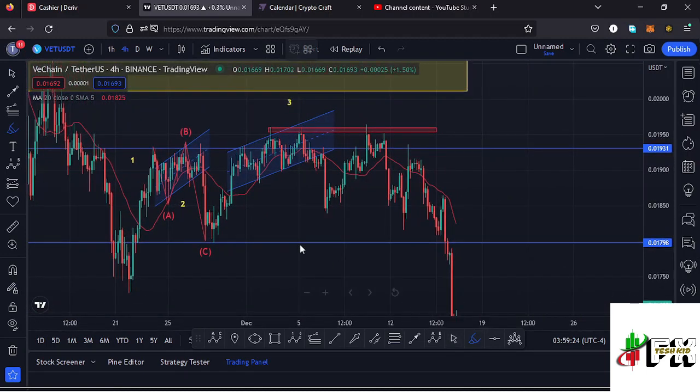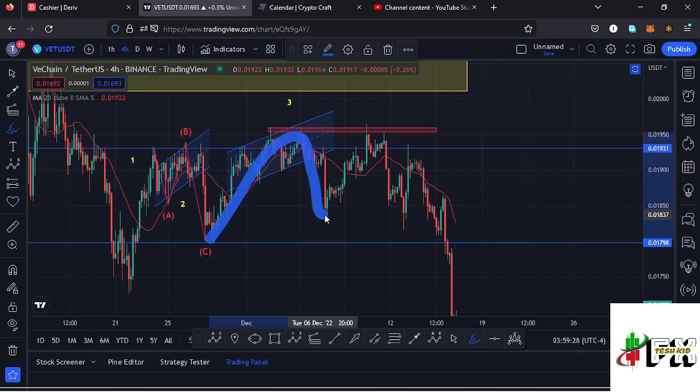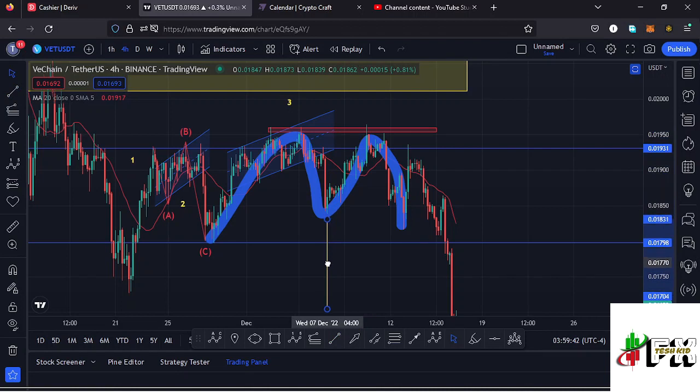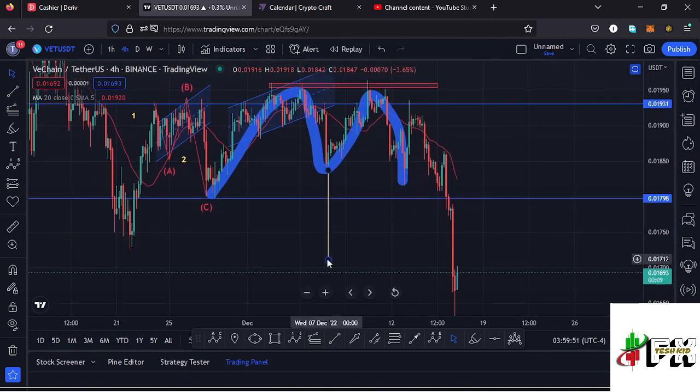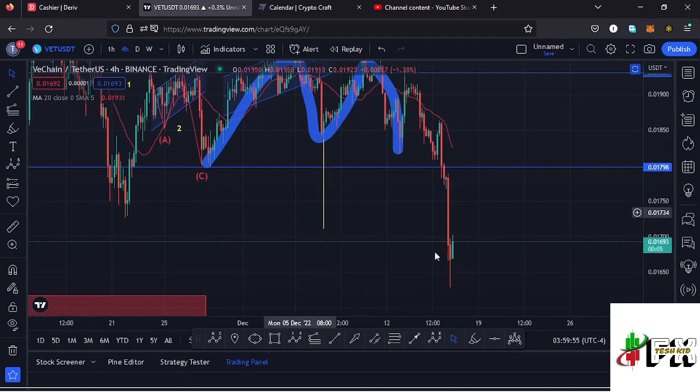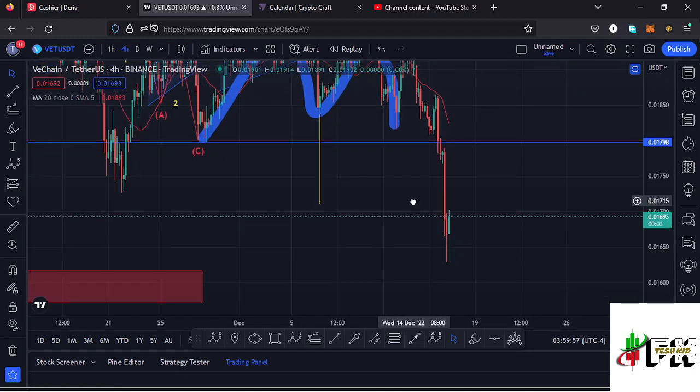And if I draw it out, we can have this as the first top, then we have seen the formation of the neckline, then the second top, then we have also seen the breakout, and the minimum target area of the breakout can be given by the height between the tops and the neckline, and we can get that height, then place it below the neckline to give us a minimum target area to the lower side to around the $0.01712 mark, which is a target area that we have fully maximized, continued pushing even lower, and made a new low at around the